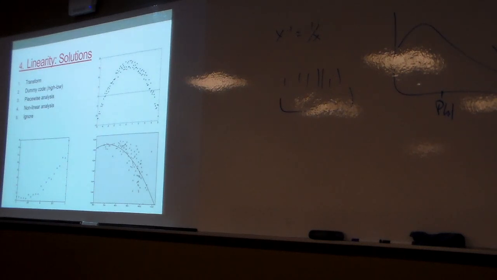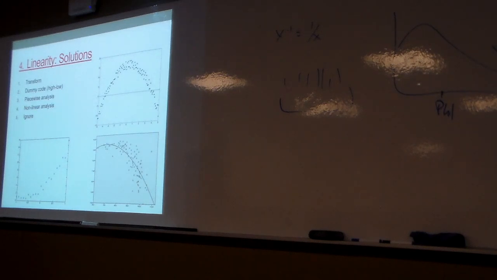One of the things I can do also is dummy code, or some different piecewise analyses, right? Or excuse me, dummy code. Let's say I've got this variable here, right? What I might say is down here is 0, up here is 1, right? It's not a great solution, but what it's going to do is say at low levels, y is low, at high levels, y is high. That will capture some of that relation in there.